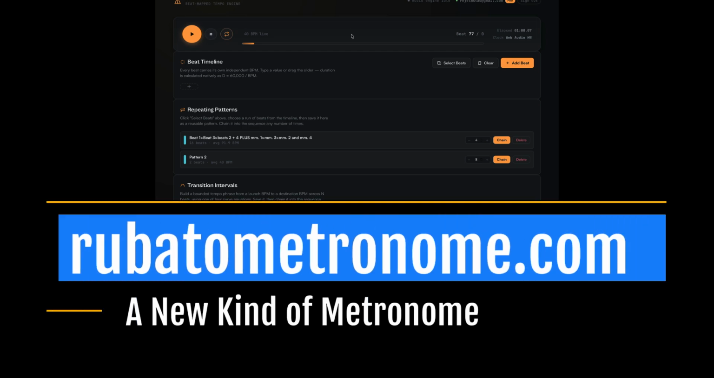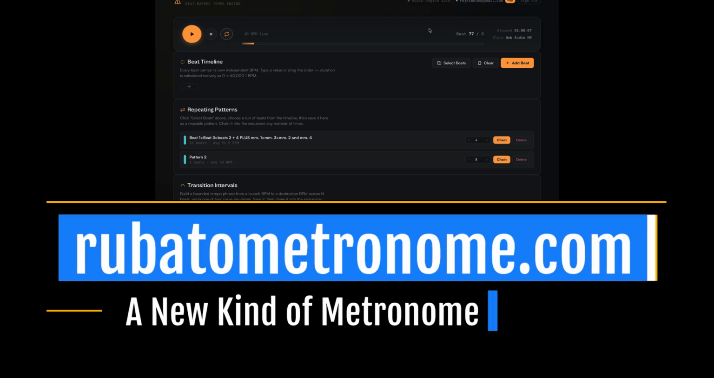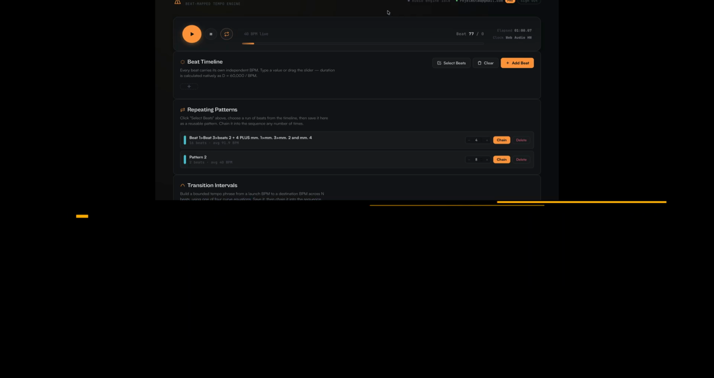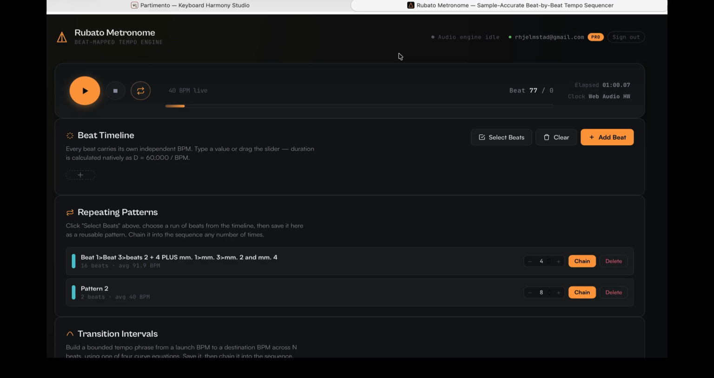Okay, so I wanted to show you guys a little tool that I just built that I am having some fun with. So there's been a lot of cool metronome apps over the years, and the problem is that the older I've gotten, I find myself using a metronome less and less. And it got me thinking about this idea of what if there was a way to make a metronome